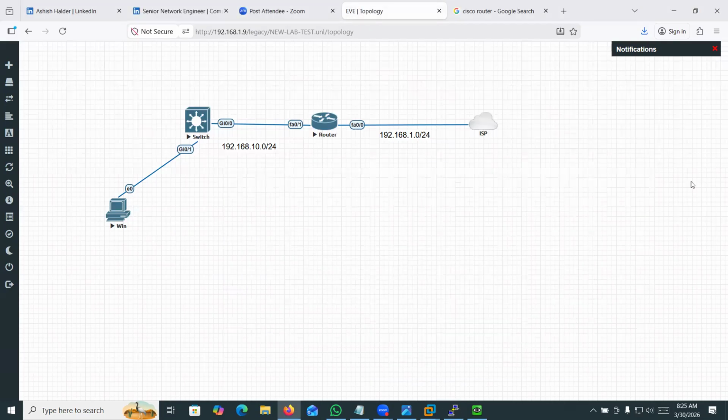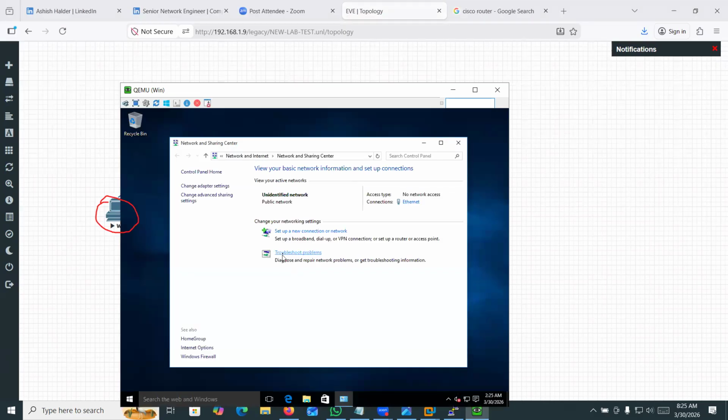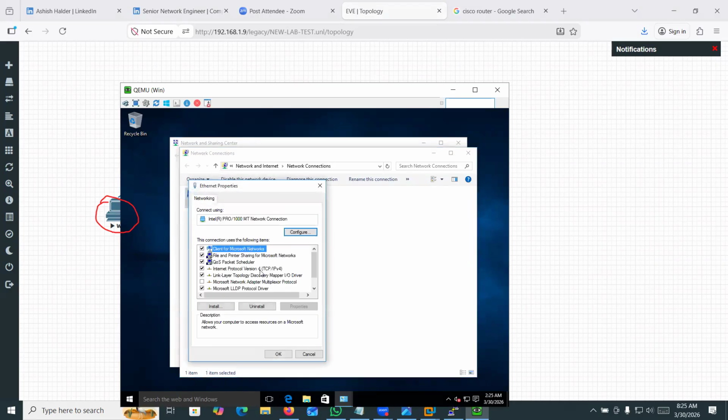Now what are the next tasks? I will assign an IP address on my PC. Here is the real Windows machine. Open Network, then Change adapter settings, and Properties, then TCP/IP properties.